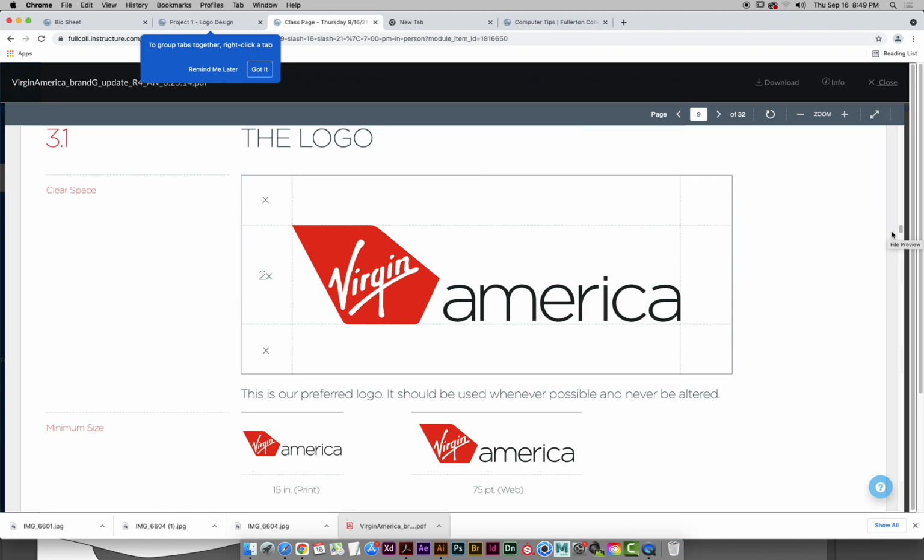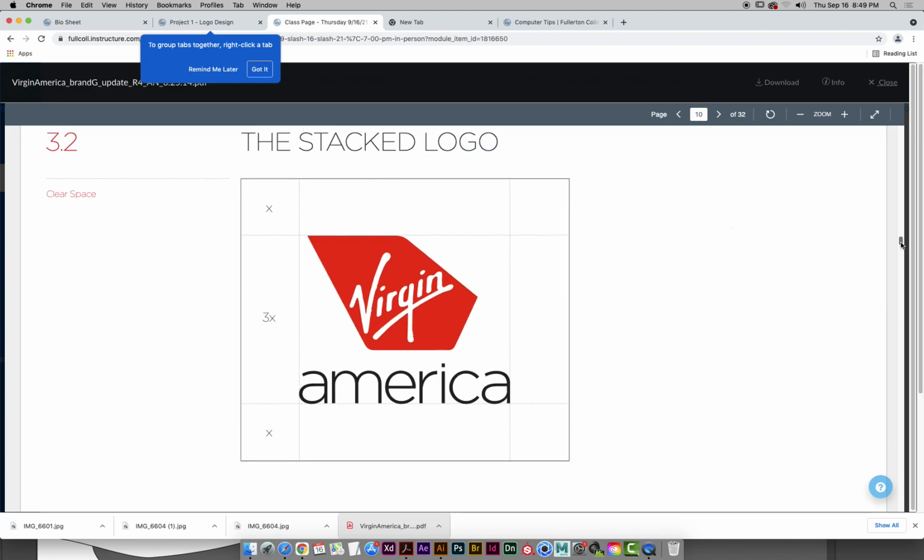It's pretty common for companies to have those two different versions. And they do tend to specify that this is the preferred version. So with Virgin, for instance, they prefer to have the horizontal one wherever possible. But if there isn't the space for it, they do have a vertical version that they can use instead. Okay, so you could maybe do that. But what is due